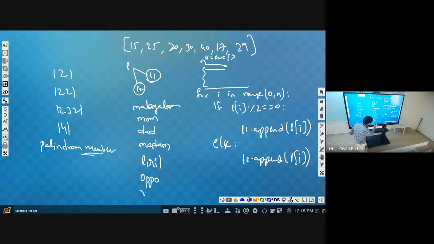Radar. So what do we call these? Palindrome strings. These are palindrome numbers, and these are palindrome strings. Given a string, we have to check whether the string is a palindrome or not.